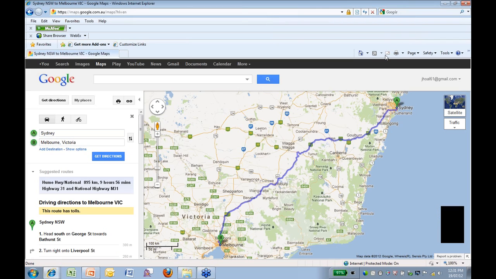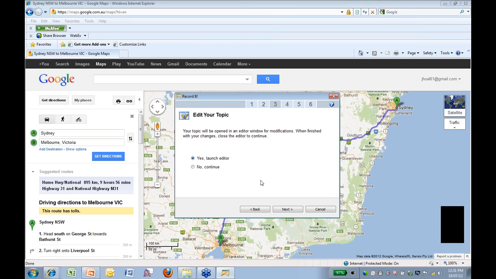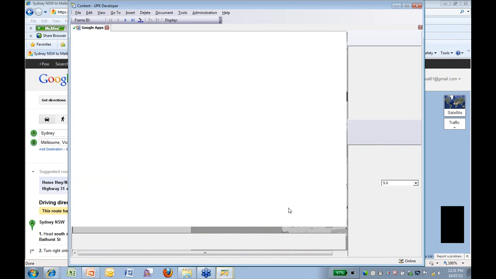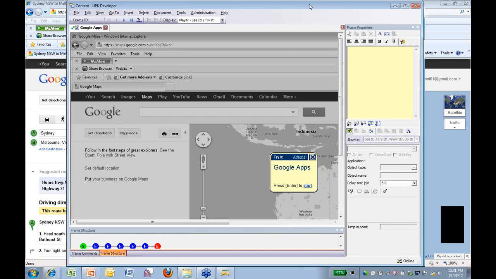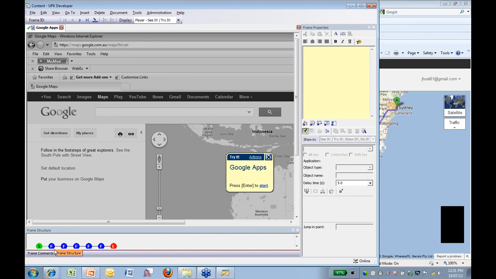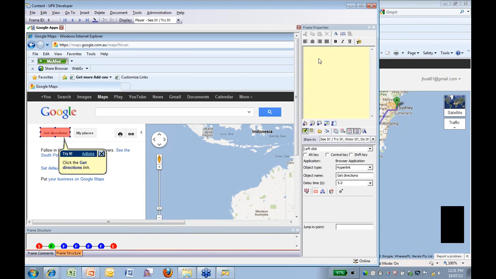So once I've finished my very basic capture, I can click on the Finish button, and it takes me to the next stage of the process and says, do you want to launch the editor? I'll say yes, and I go next, and it takes me to the editor. So once I get to this stage, here's where I'm able to add some additional value for each of those steps in the process. I'm able to put in maybe more specific detail. So, enter your required location,